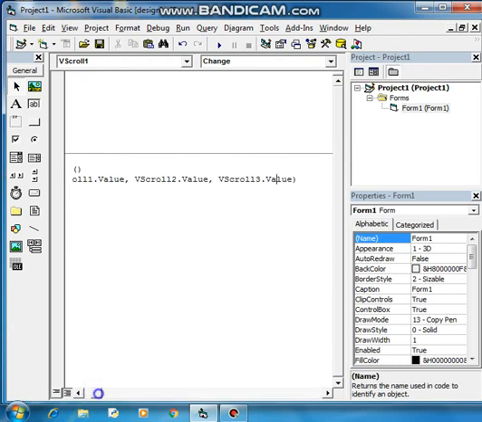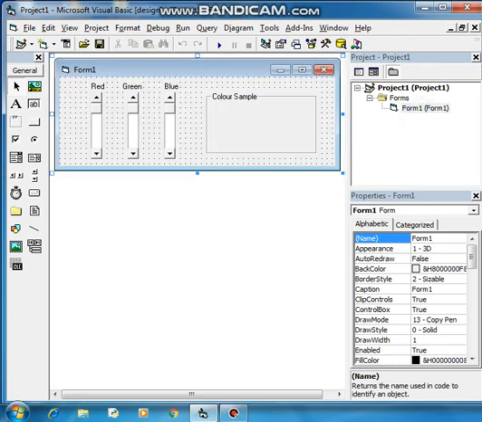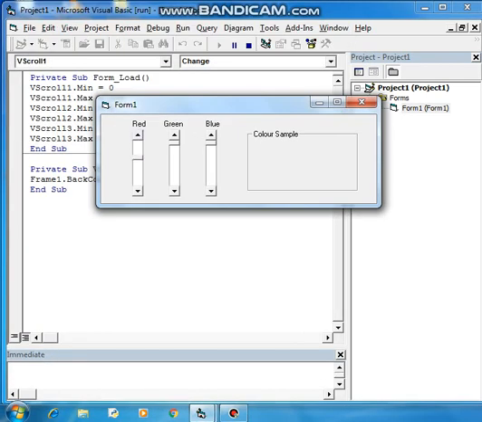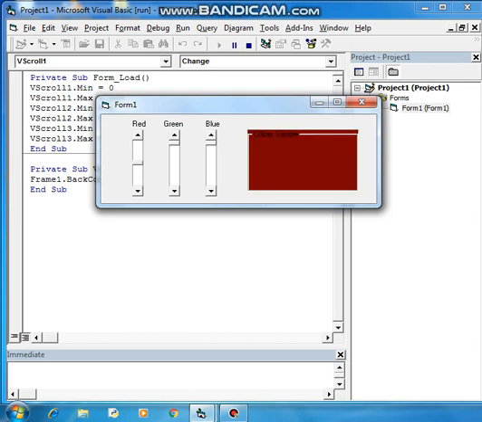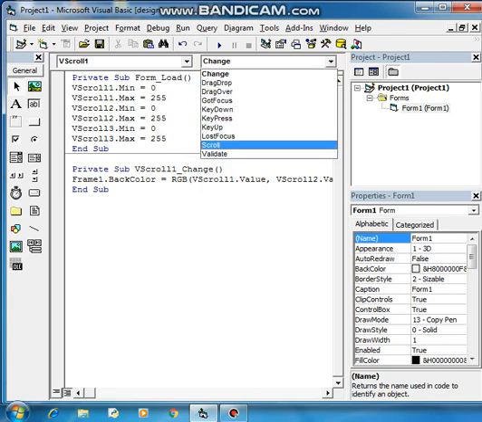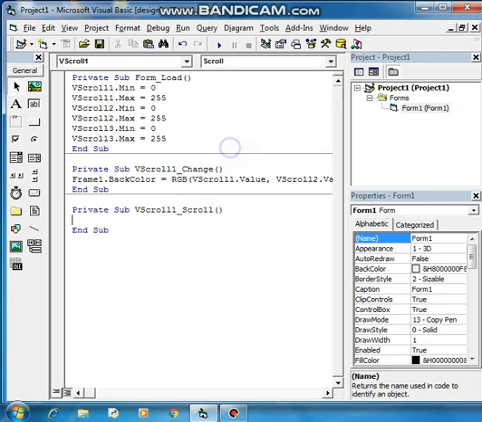One more thing I can tell you before that: when I'm dragging the scroll bars, it's not working. See, when I'm leaving, then it is showing. So how can I do that? Now by default the scroll bar's method is what? Change. So you have to bring from here, just keeping here, you have to bring the scroll method, you remember, the scroll function. Okay, nothing else, that much. Then just copy this and paste here. Fine. Now you run and check.